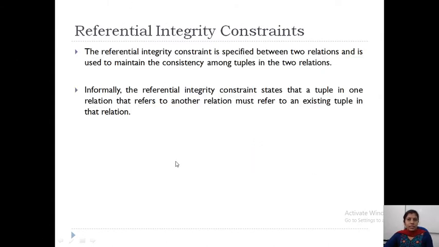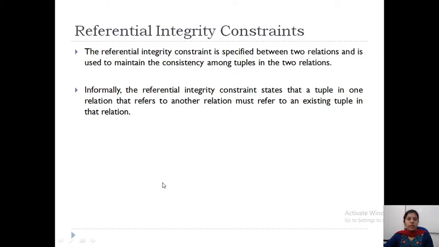Now the next is referential integrity constraint. The referential integrity constraint is specified between two different relations and it is used to maintain the consistency among the tuples.